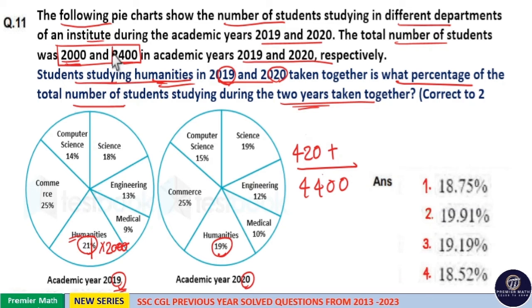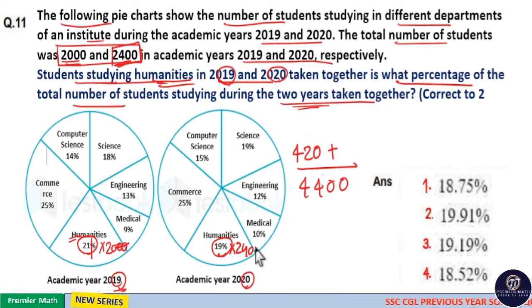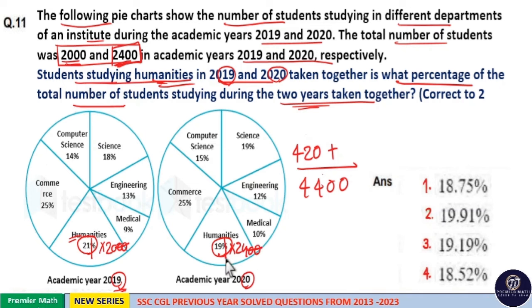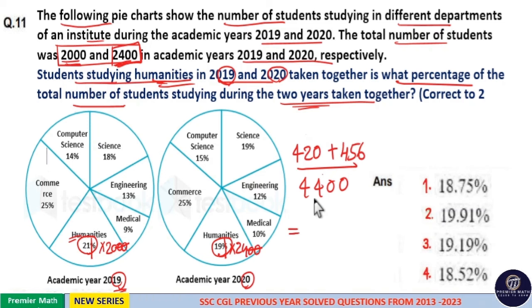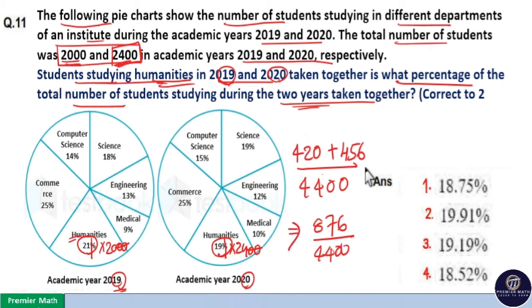Now in 2020 the total number of students was 2400. So 19 percent of 2400. Percentage and 00 cancel. 24 into 19. 24 into 20 is equal to 480. So 24 into 19 is equal to 480 minus 24, that is 456. So this is equal to 876 divided by 4400. Now if you take percentage, into 100,